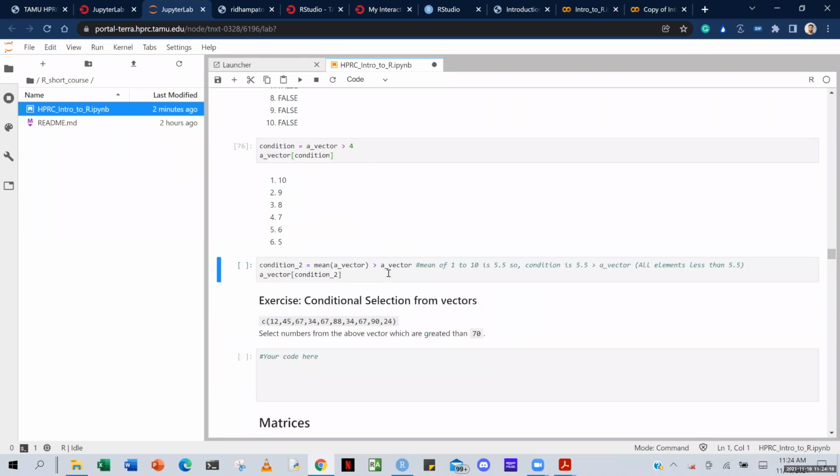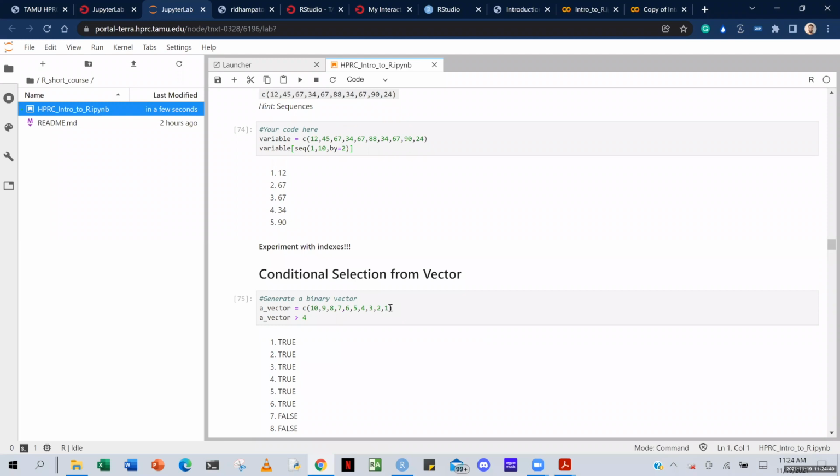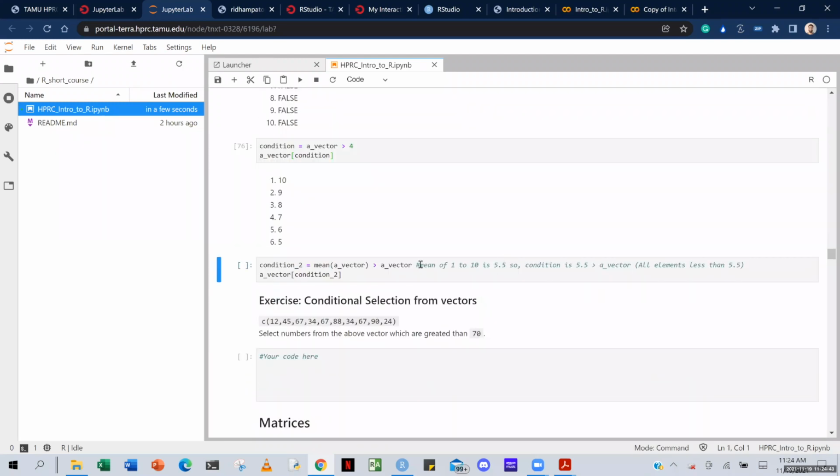So here is a little more complicated condition. The condition is the mean of the vector is greater than the vector. That means I want all the elements that are greater than the mean of all the elements. For this specific vector, the mean is 5.5. The mean of 1 to 10 is just 11 by 2, so its mean is 5.5, and we want all the